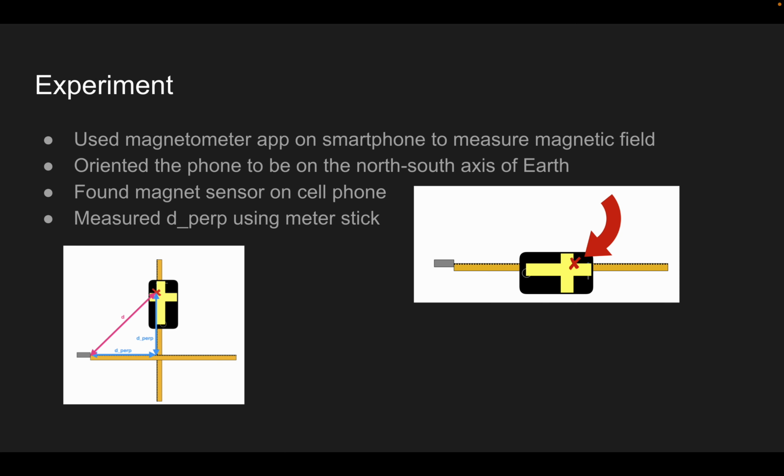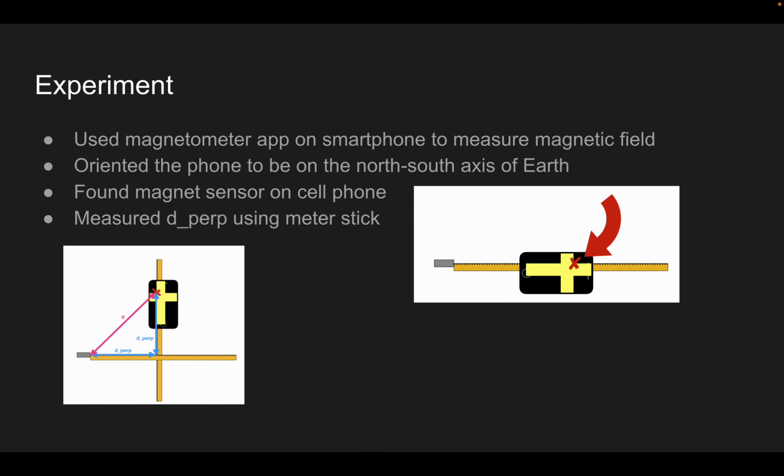For the experiment setup, we used the magnetometer app on the smartphone to measure the magnetic field of a bar magnet, and we oriented the phone to be on the north-south axis of Earth to compensate for the magnetic north. We found the magnetic sensor on the cell phone, and we measured the off-axis magnetic field and calculated d perp using